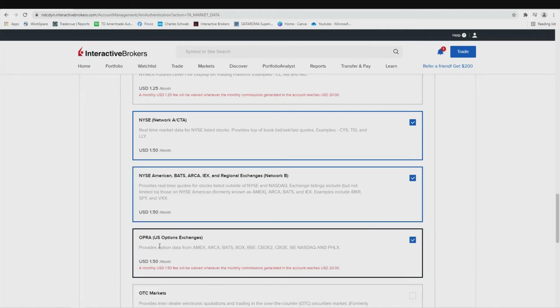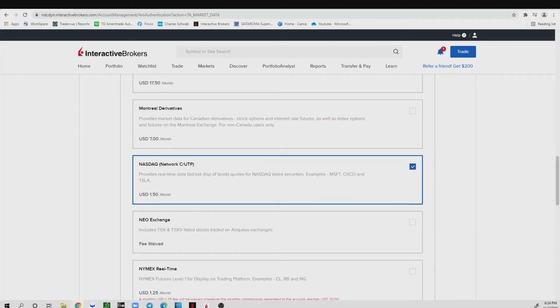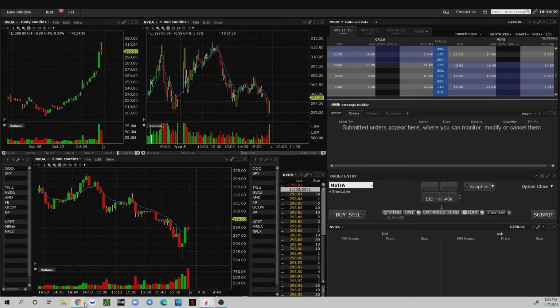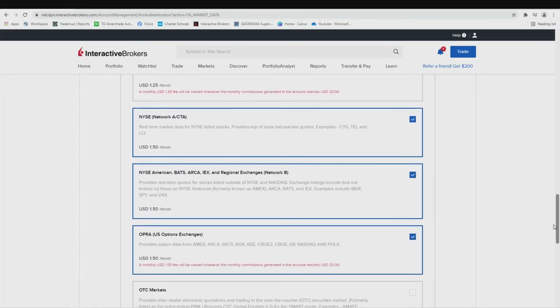Let me show you again: OPRA, NYSE, and NASDAQ. And this gives you everything. This gives you the complete level 2 data, complete options chain data, and other things. You don't need anything else apart from that. Only four, and those four will cost you $6 per month. So those are the only four you need. And I can guarantee you that those are the only four you need for whatever subscriptions I had. And that gives you level 2 data too. I'm just stressing that out, level 2 data too.